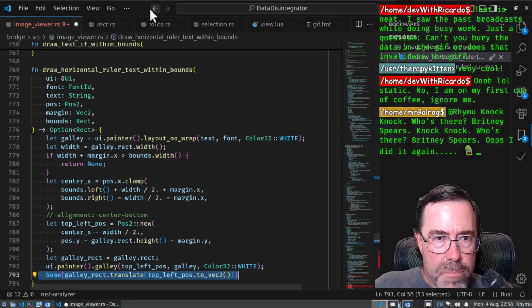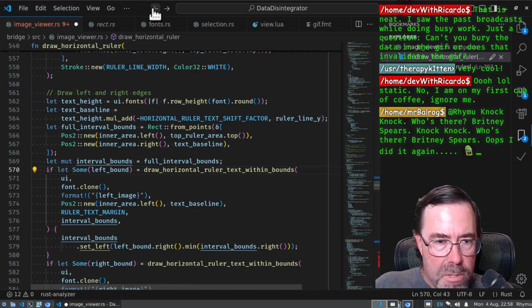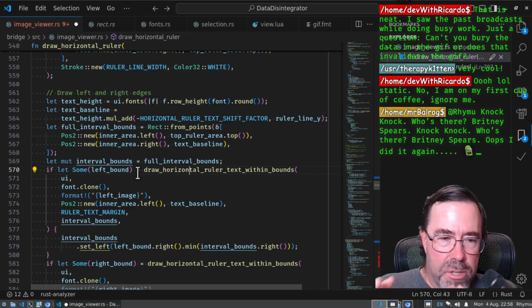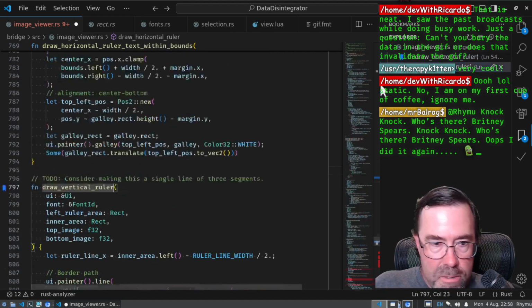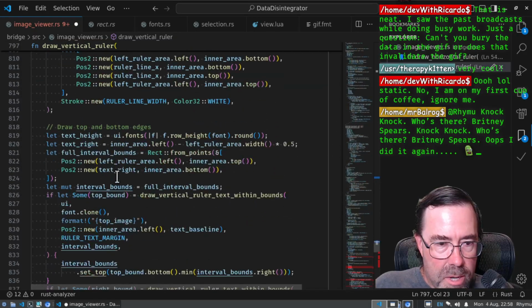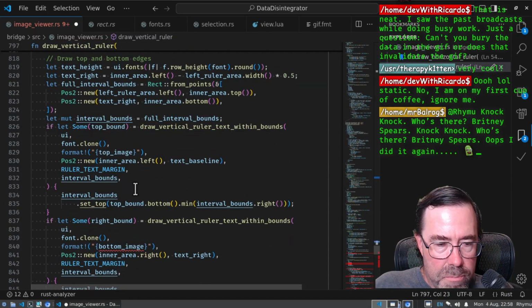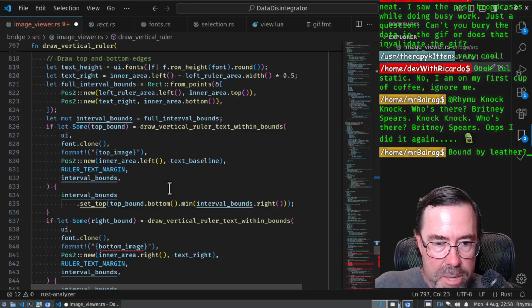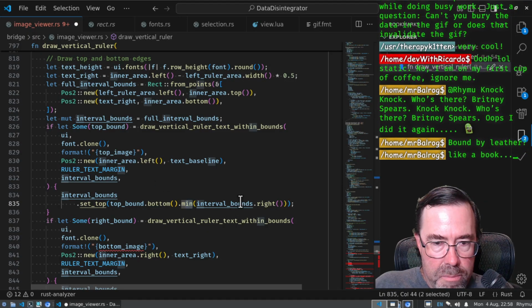Yeah, I shouldn't have called it bound. That doesn't make sense. It's like the left. Okay, well, it is a boundary. It's the boundary of where the left text was drawn. So this is the boundary of where the top text was drawn. So where the top text was drawn, the bottom of that, and then minimum interval bounds